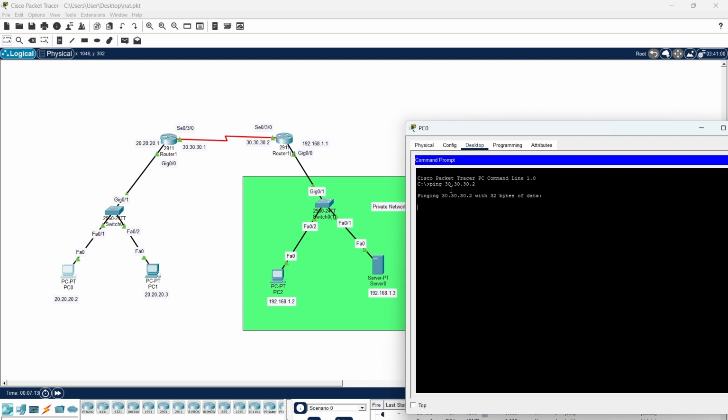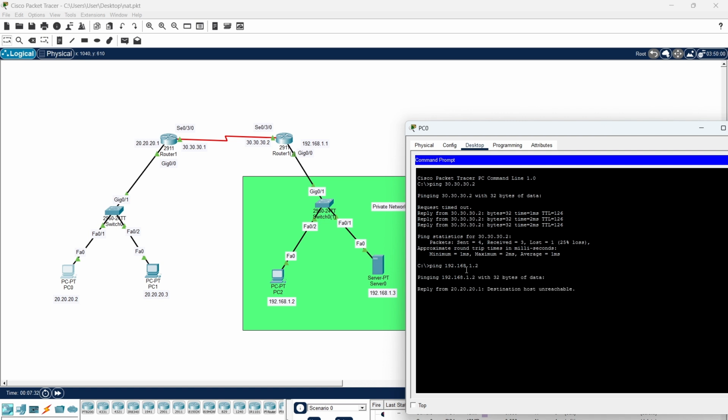Ping should be successful here. Now we'll try to ping the private network IP, ping 192.168.1.2. We cannot ping,